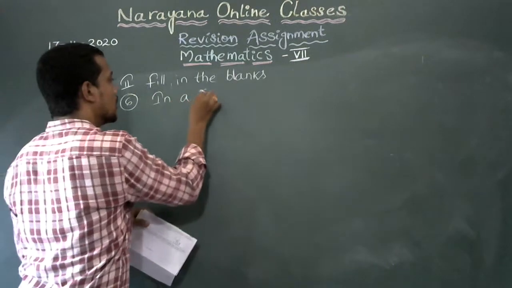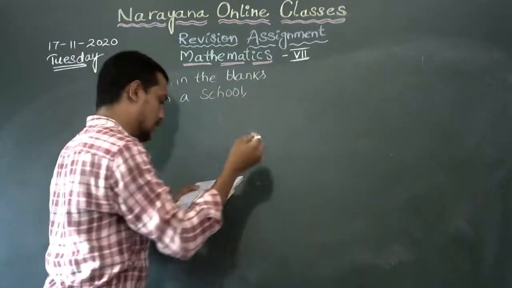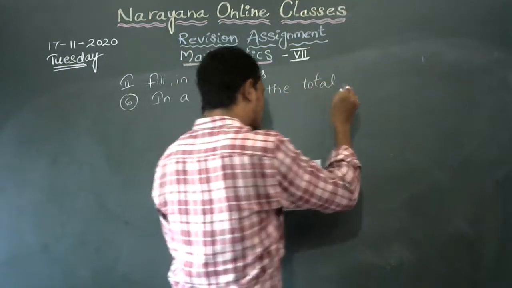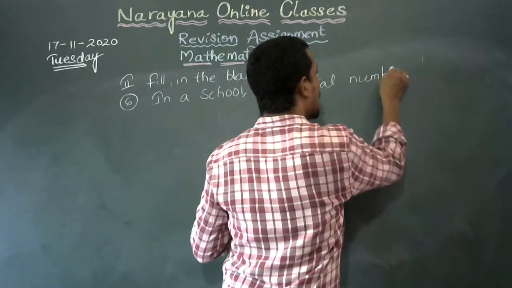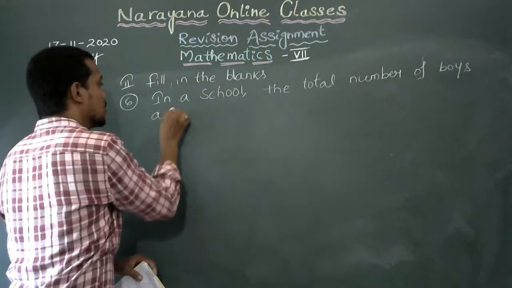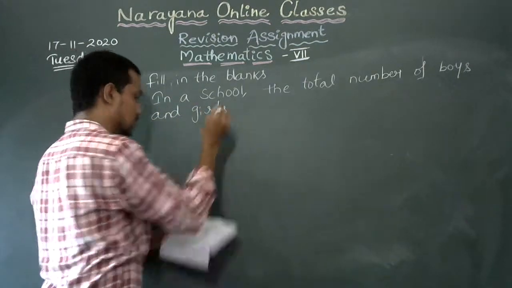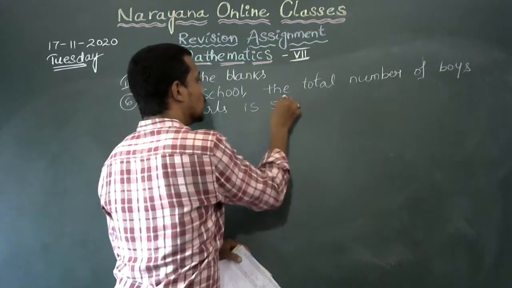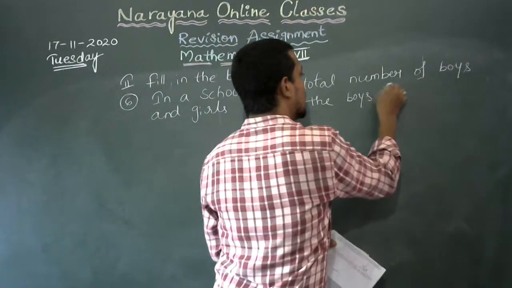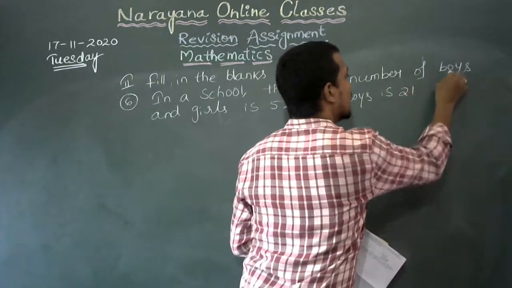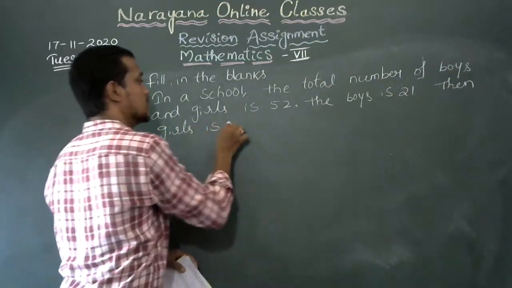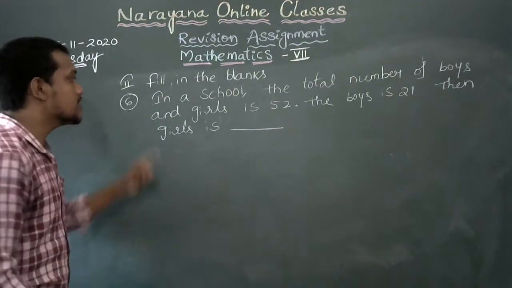In a school, the total number of boys and girls is 52. The boys is 21, then girls is dash. Here in the sixth question, in a school,